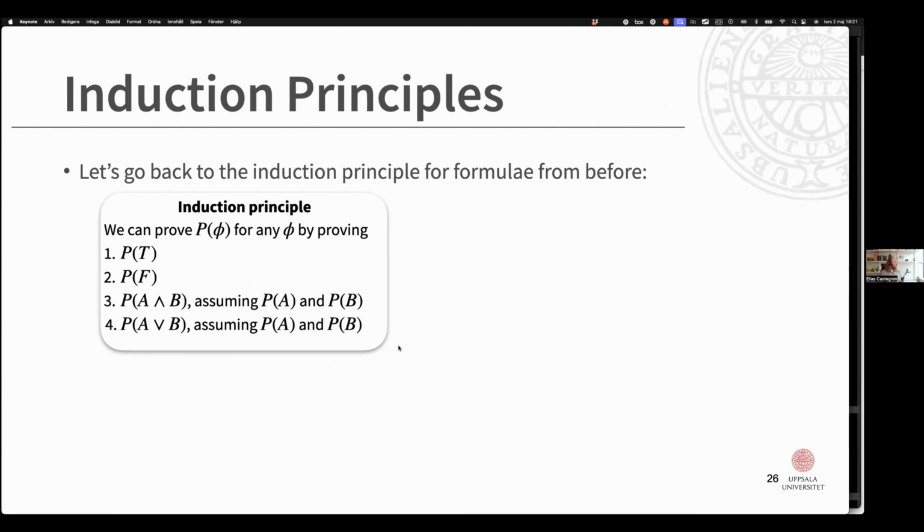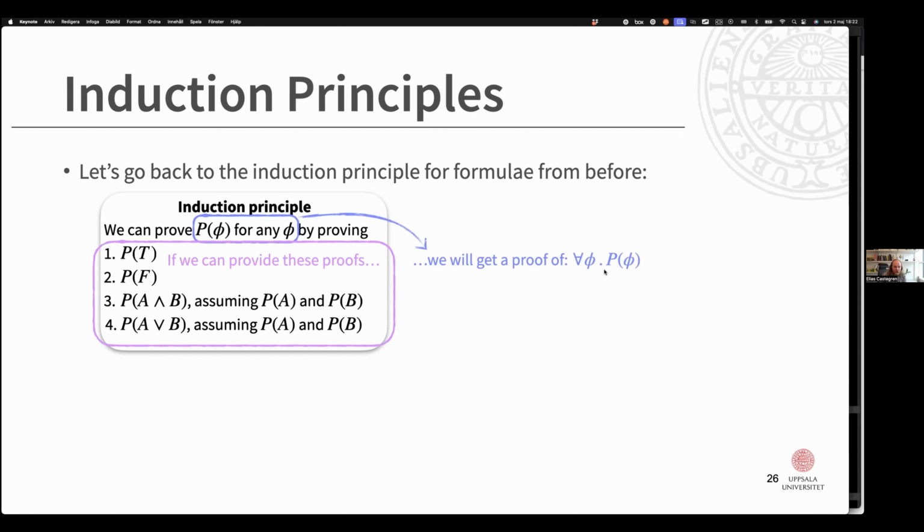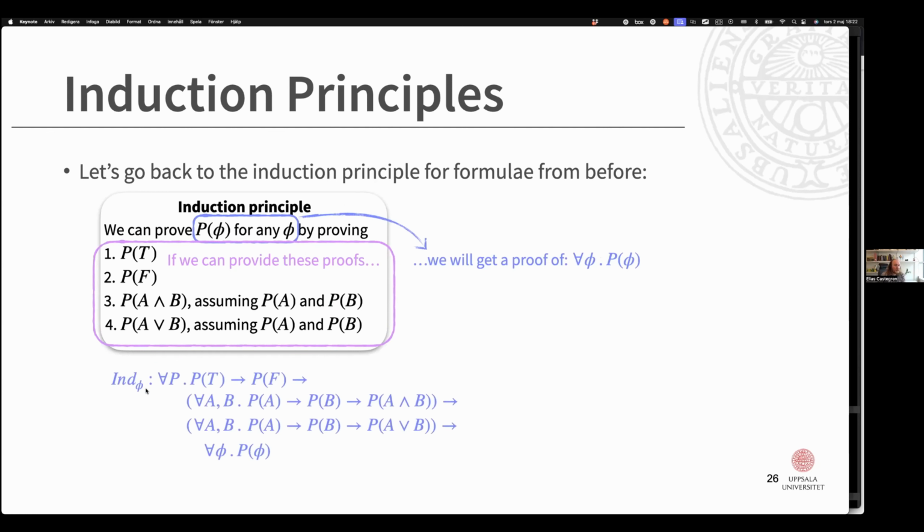So again, let's put on our Curry-Howard glasses. We're saying that if we can provide these 4 proofs, or proofs of these 4 properties, then we will get a proof that P holds for any phi that we can give it. So we can give this whole thing a type. We can say that the induction principle for phi is